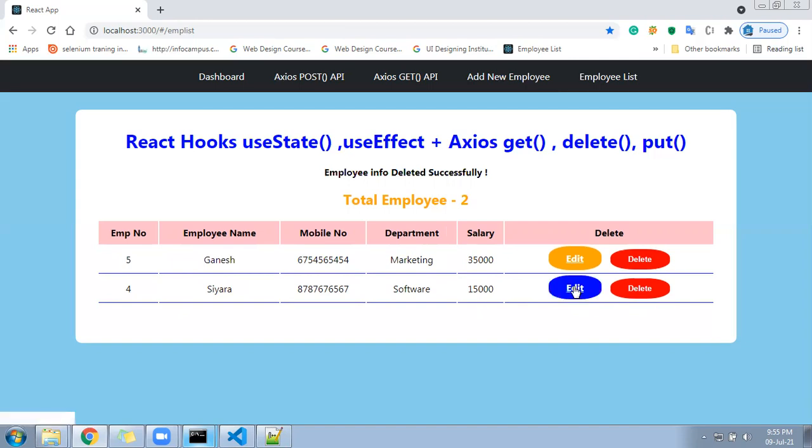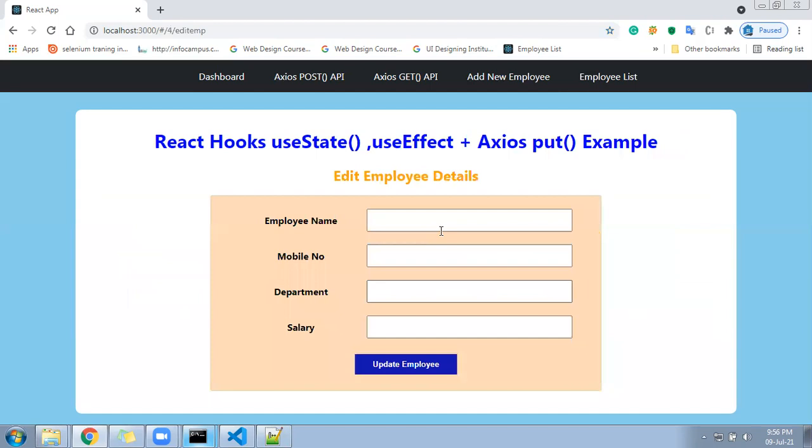Let me edit my name here, the last fourth record. I'll try to edit it. See, it came to another page where you can see it is showing the old data. We'll go through the code; this is just to understand the flow, what is happening. The M was missing, I'll put M,